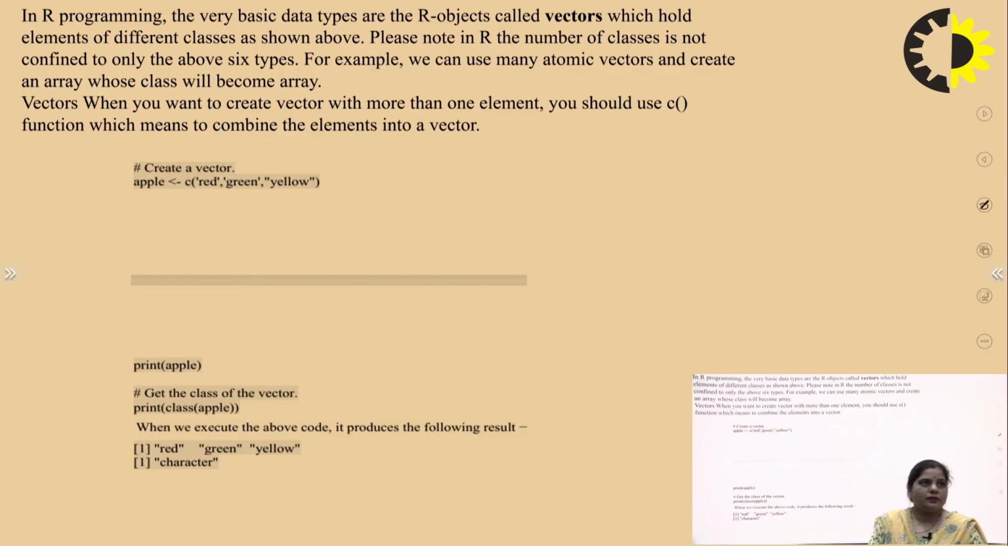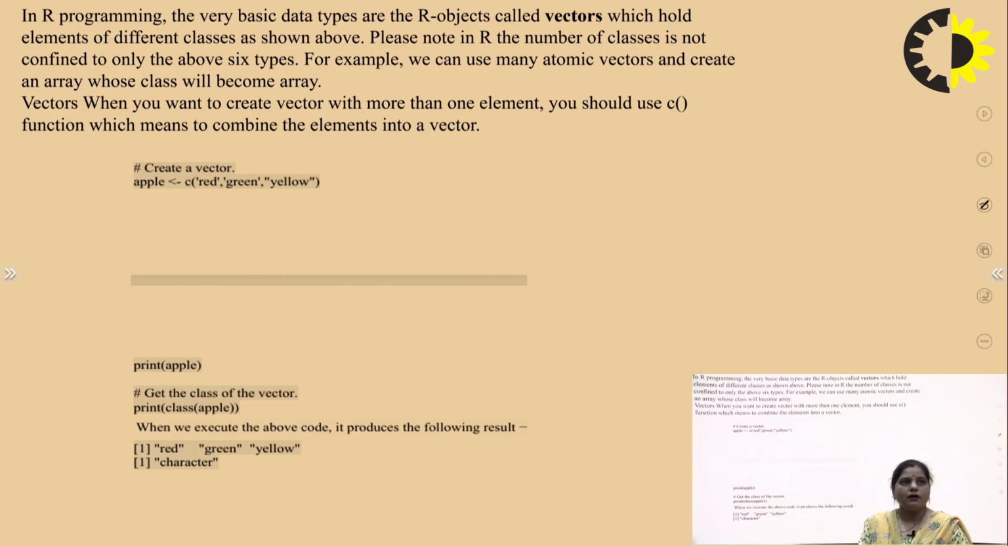In R programming, the very basic data type is the R object known as vectors, and this vector holds elements of different classes. In R, the number of classes is not confined to only the above 6 types. For example, we can have many atomic vectors, and we can create an array whose class will ultimately be array. Vectors are created with more than one element,